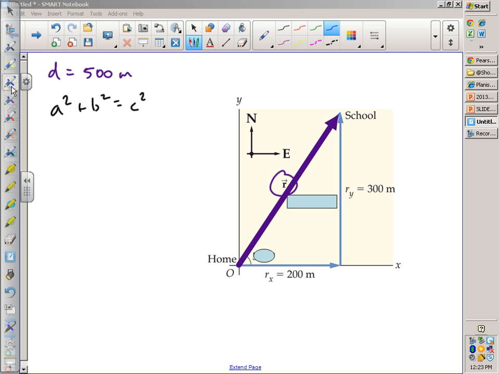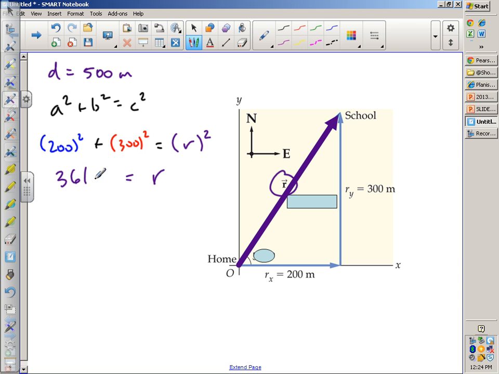So we can go 200 squared plus 300 squared equals, in this case, they've labeled that hypotenuse as r, so it's r squared. You go through, you do your math, and you get that r is equal to 361 meters. But we're not done,